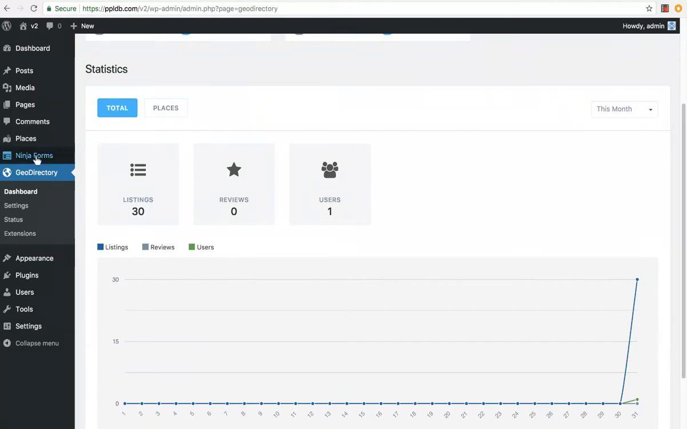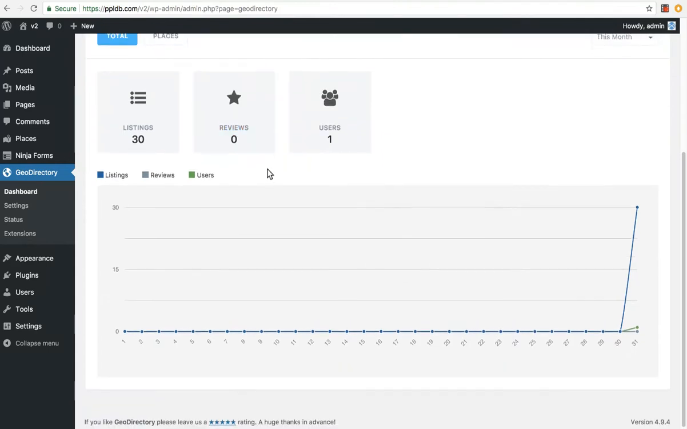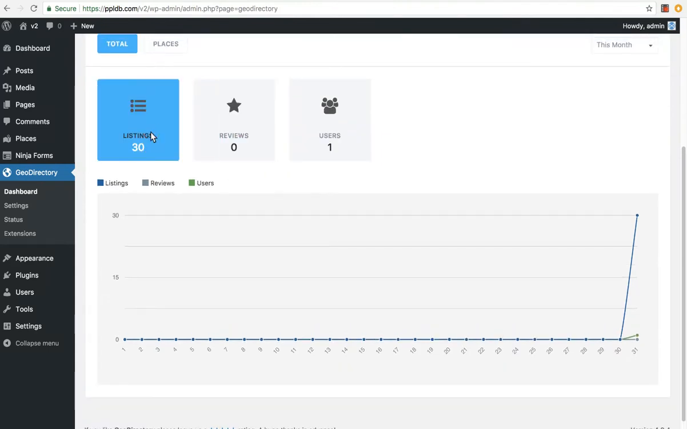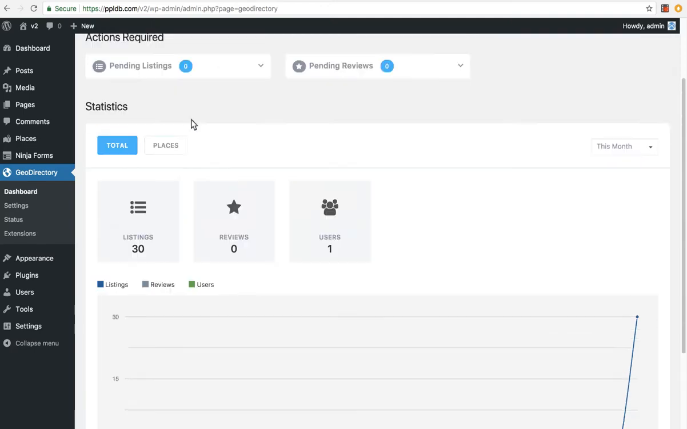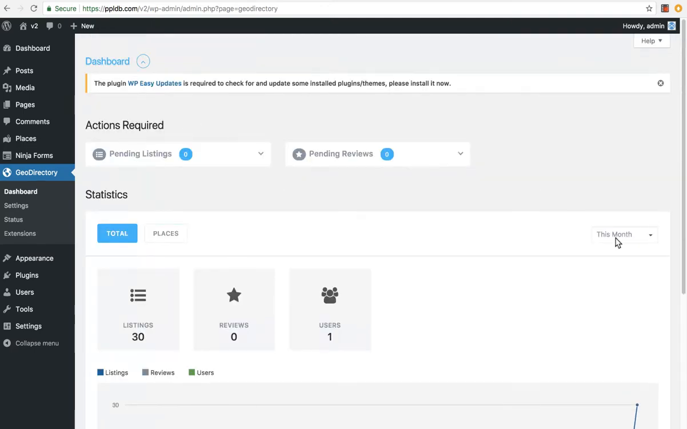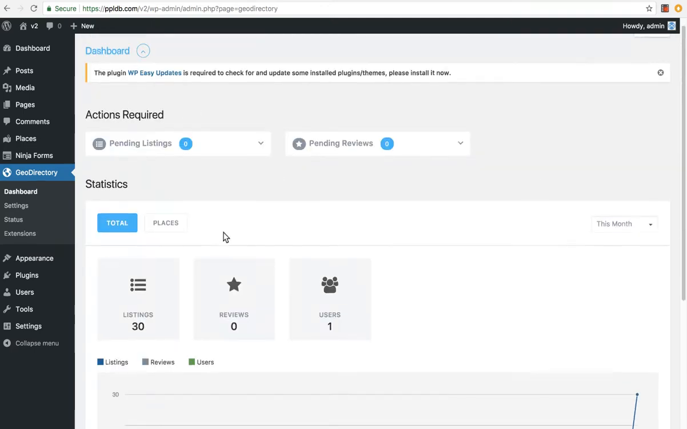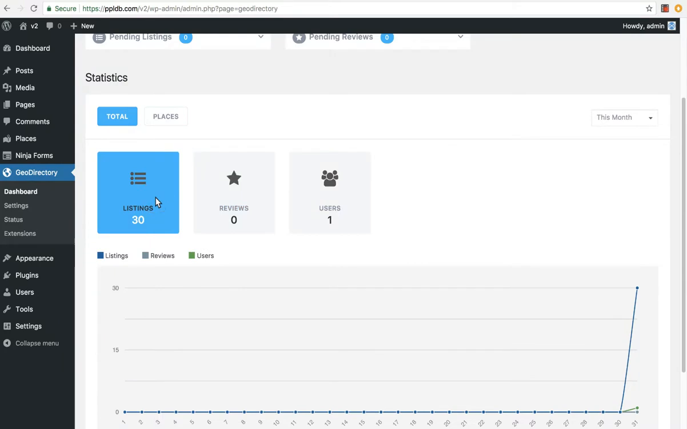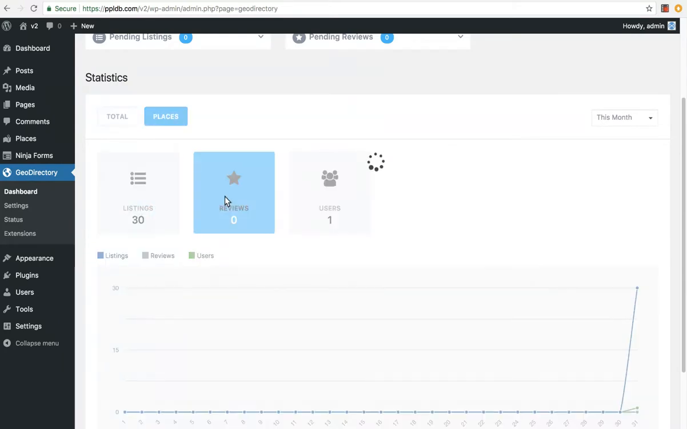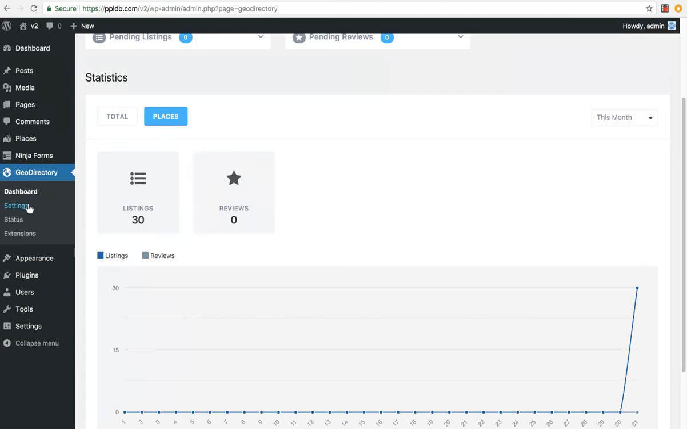So we've got the GeoDirectory tab here. When you first come here, you've got the dashboard. It basically just tells you what you've got: listings, reviews, and users. You can change it by month, but this is a fresh install, so there's not very much info at the moment. We've got 30 listings and one user, that's about it. So if we go to the settings page,